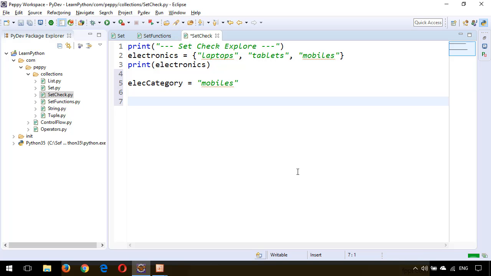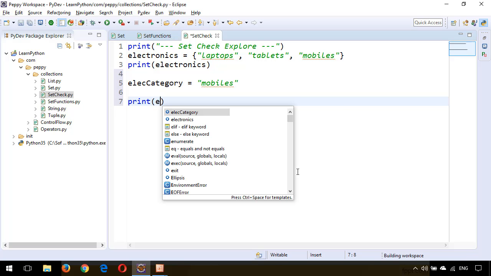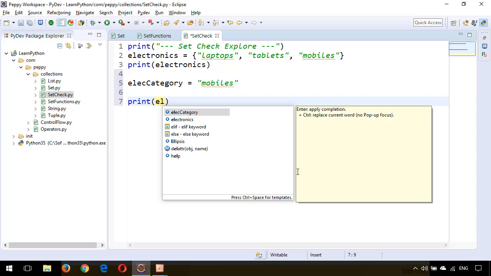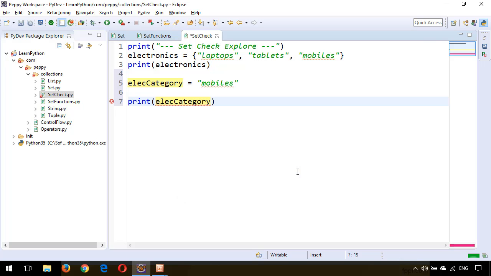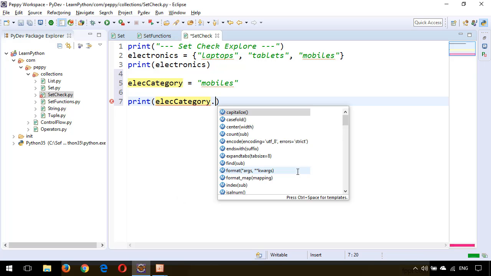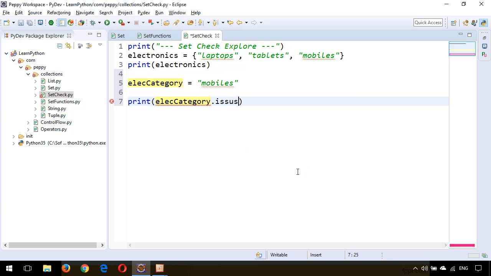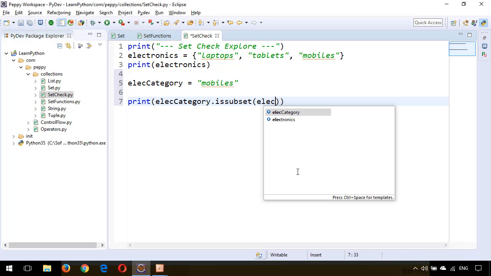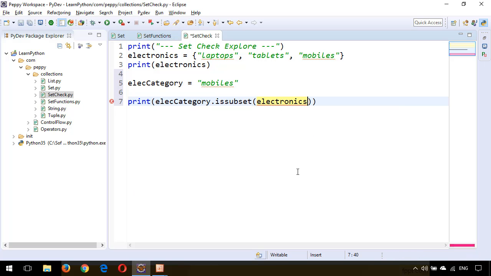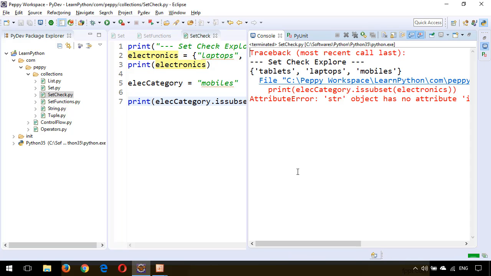So for that, I can print electronic category dot is subset of, and I'm going to give electronics. When I execute this, you can see the output as